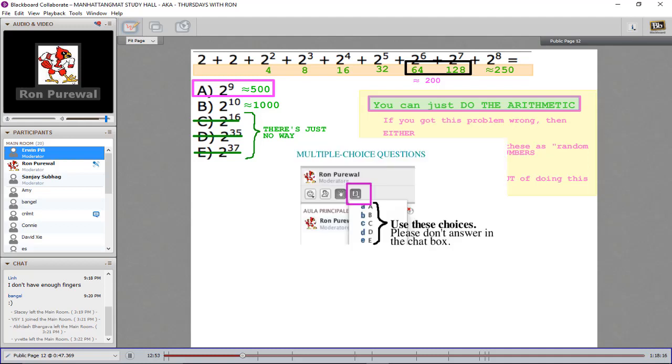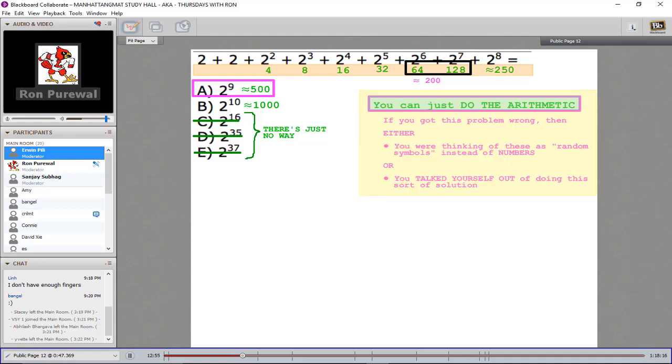That's kind of the point of this test. One of the stated objectives of the people who make the GMAT is to create a test where proficiency in mathematics doesn't really give you too much of an advantage. And so they do throw in a lot of problems like this one, where,